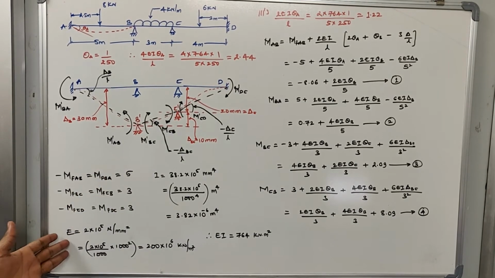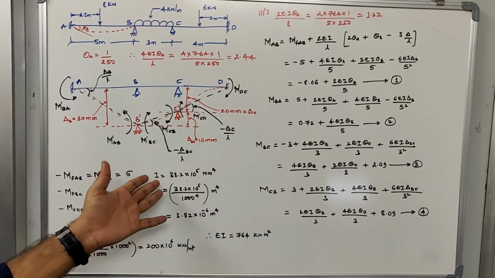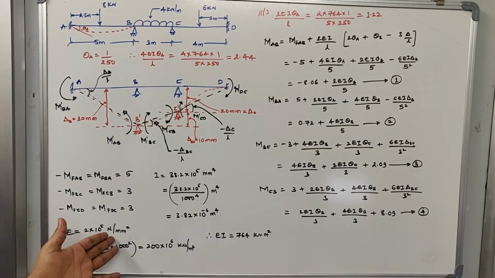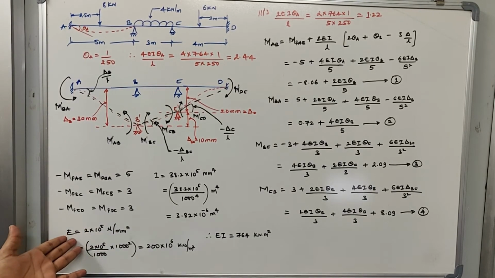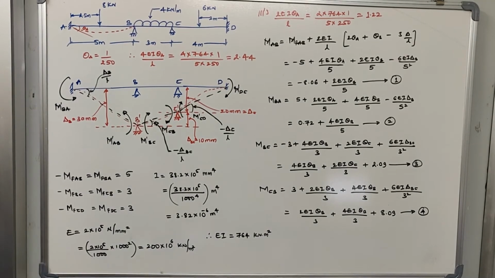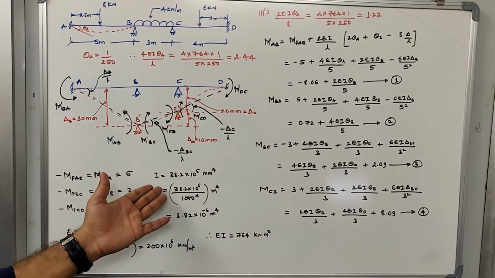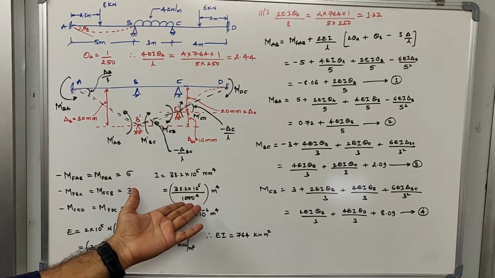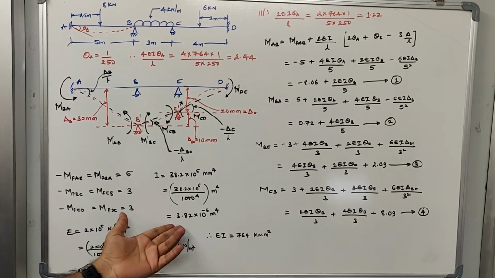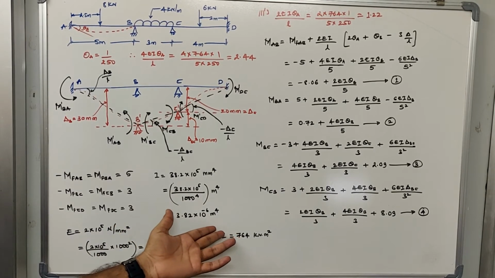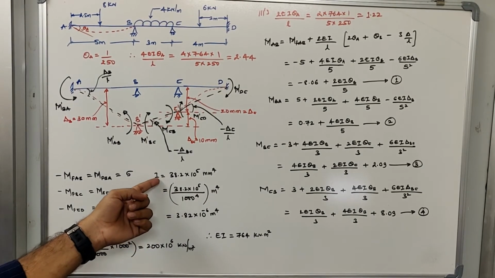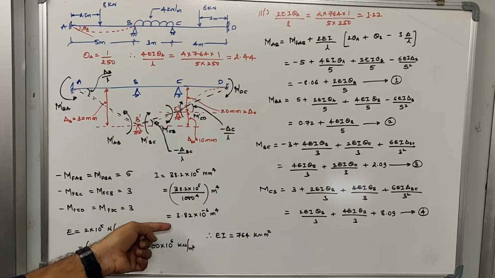Now similarly, there is another constant which is given to you, which is E. This is the material property. I is the geometric property. So the E value is 2 into 10 raised to 5 Newton per mm square. Again we need to convert this in terms of kilonewton per meter square. So let us look into the I value. I value is 38.2 into 10 raised to 5 mm raised to 4. That's why I have to divide it by 1000 raised to 4. Now 3.82 into 10 raised to minus 6 meter raised to 4 is the I value. So now I have converted the I value, which is in terms of mm raised to 4, to meter raised to 4.